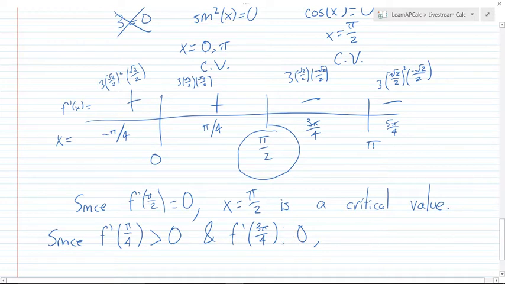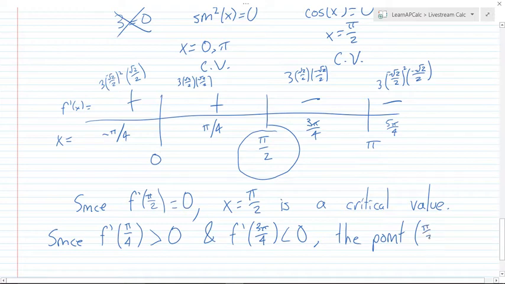I'm kind of tired. Probably won't get better tomorrow, Monday morning. Anyway, since the derivative at pi over 4 is greater than 0, and our derivative at 3 pi over 4 is greater than 0, the point,